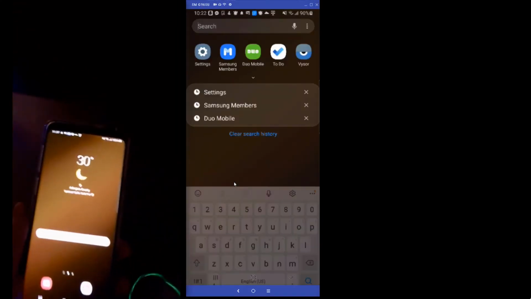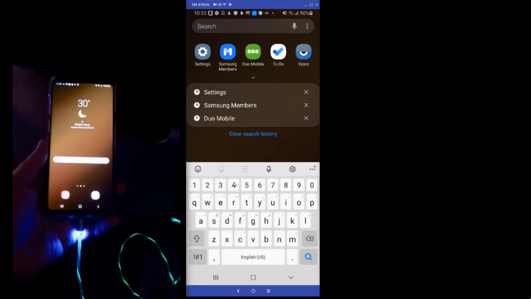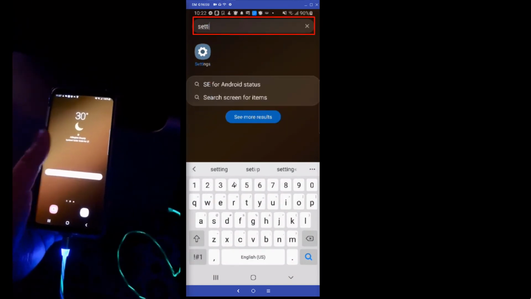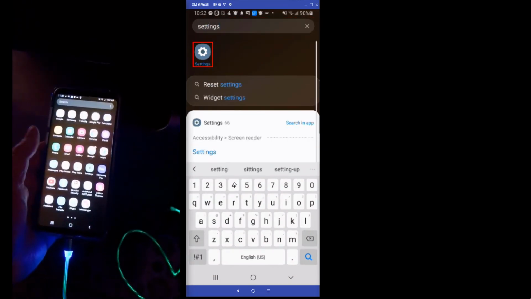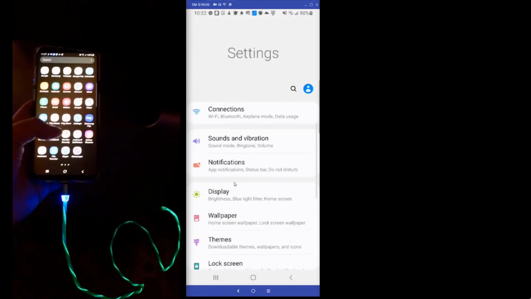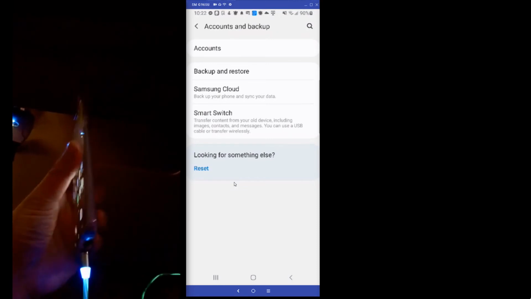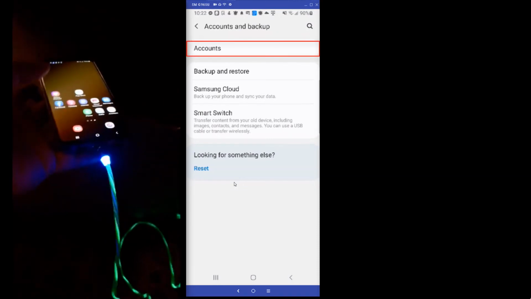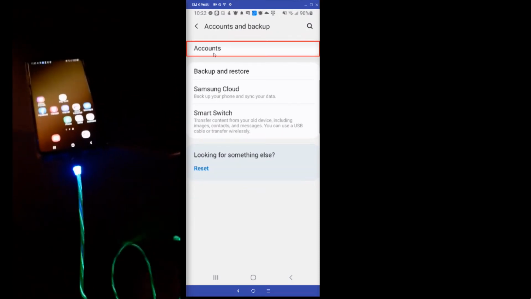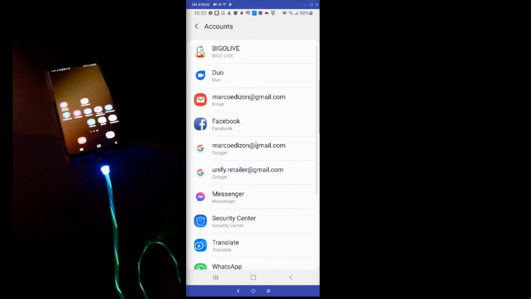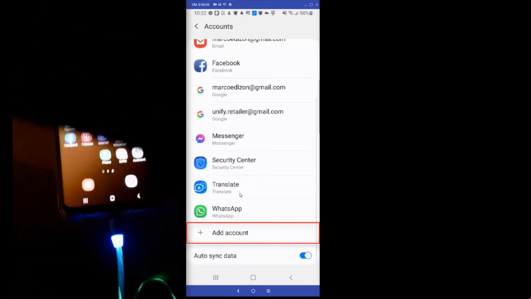Alright, go to your settings, go to search. If you can't find your settings, type it down, click on settings, scroll down, accounts and backup. You want to go to accounts, click on that,